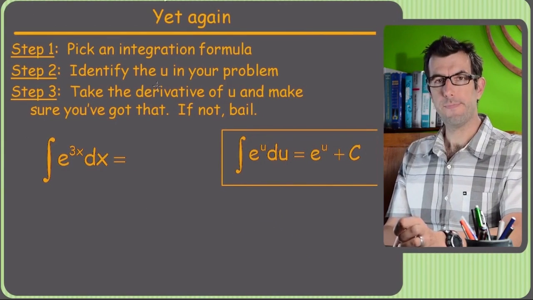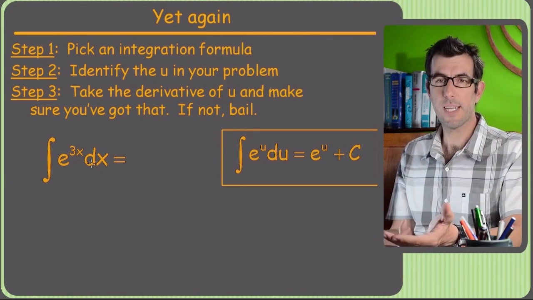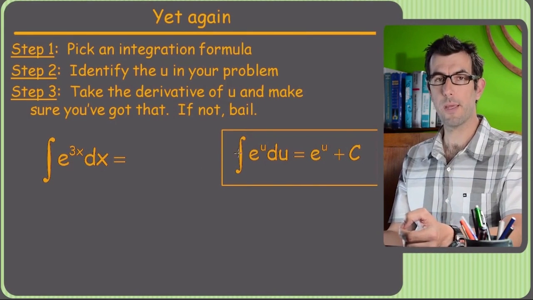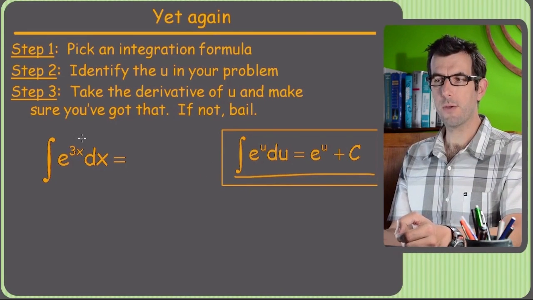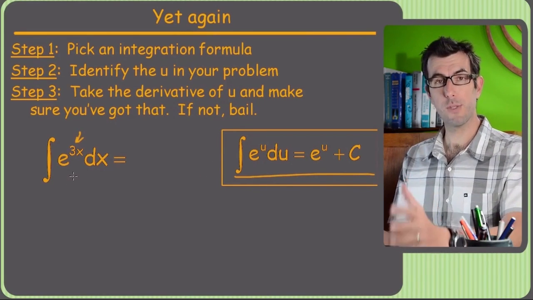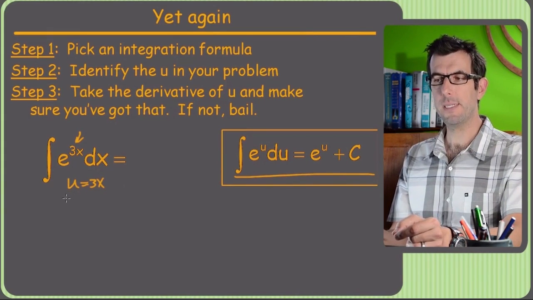All right, last one. Got e to the 3x here. And of course, it's pretty obviously an exponential, so I want to use the exponential formula if I can. And of course, here's the exponential formula. So what is my u? My u is this little guy up here. So if I want to use the exponential formula, my u is going to be 3x, which means that my du, or my u prime thing,